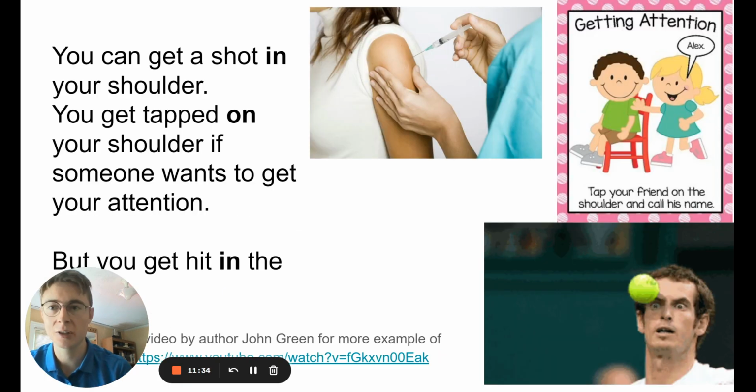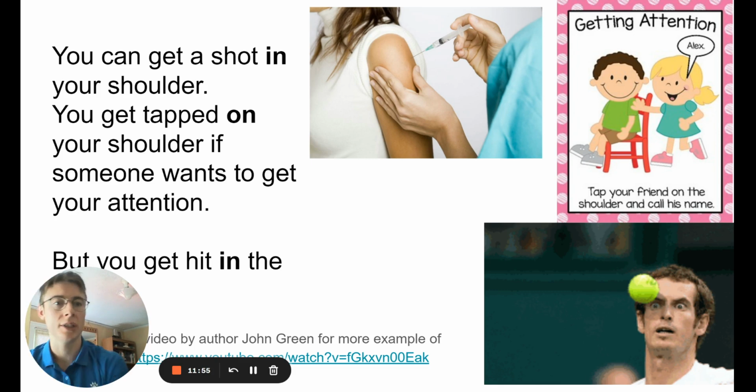In conclusion, prepositions can be tough to learn, and it just requires practice. There are also just some funny ways in which noticing the prepositions can really be helpful in learning them. So, for example, you can get a shot in the shoulder when you go to get a vaccine or something, but you get tapped on the shoulder.